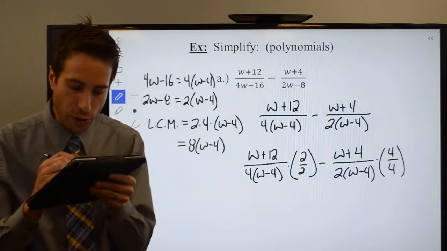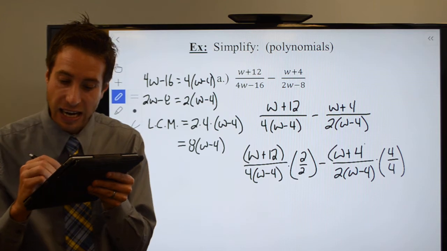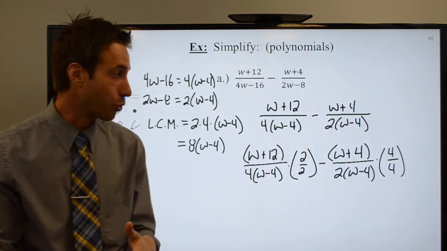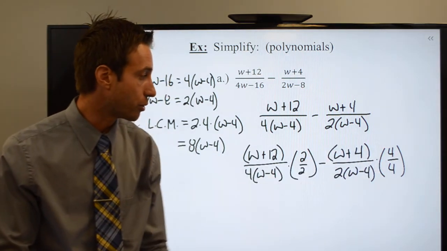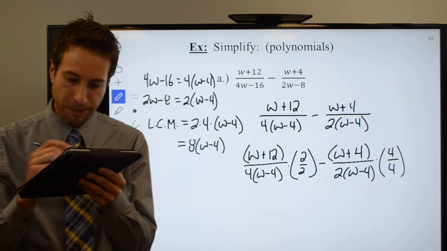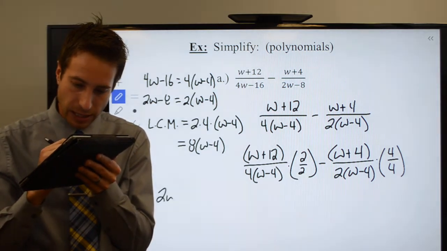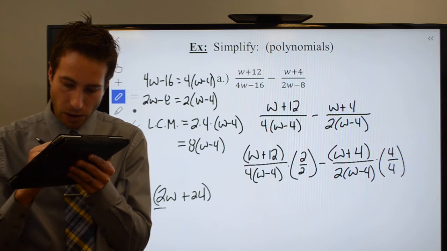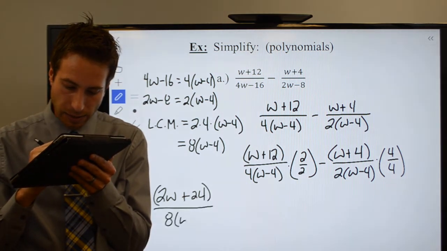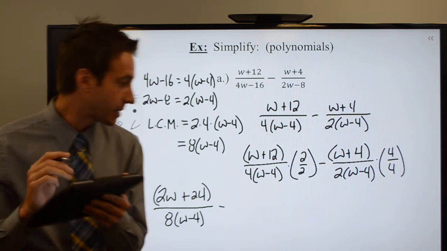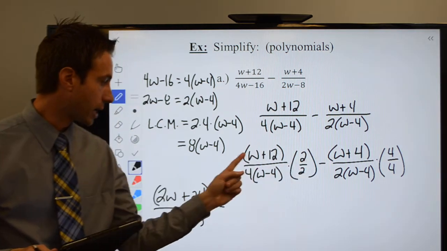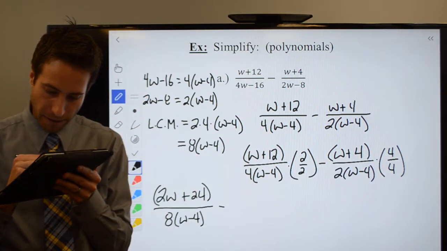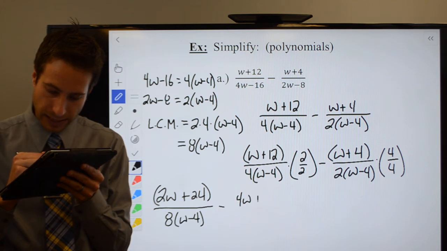Careful when you're multiplying the tops, because these are binomials, you'll need to distribute through the parentheses, right? Distribute through the parentheses. So here's what I get. I get 2w plus 24 all over 8 times w minus 4 minus, right, so 2 times w, 2w, 2 times 12, 24. All right, 4 times w is going to be 4w plus 16